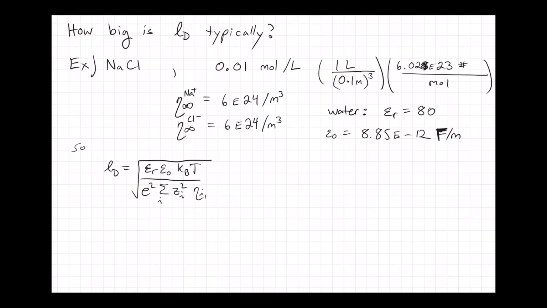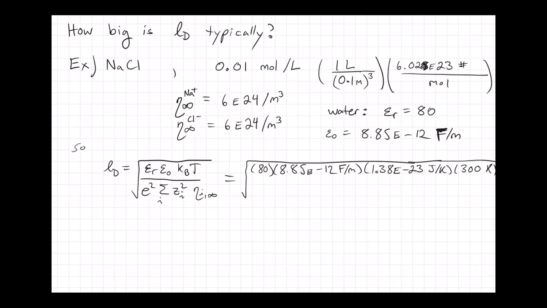In the case of sodium and chlorine, both of those only carry 1 unit of charge each. That would be different if you were using things like magnesium, which carry 2, for example. So anyway, you plug in the numbers, using all the universal constants that are available. I'll set the temperature to room temperature, which I guess is what we're interested in, and then work out the math. If you work out the math, this works out to be something on the order of 3 nanometers,